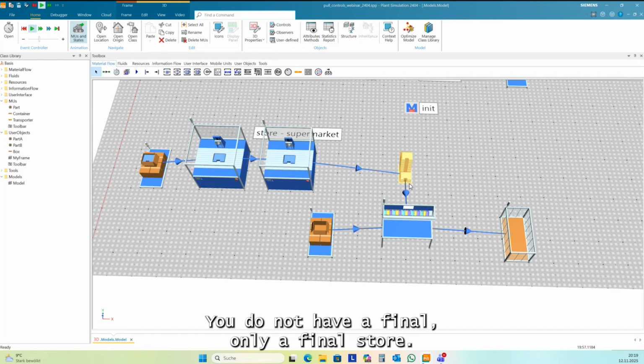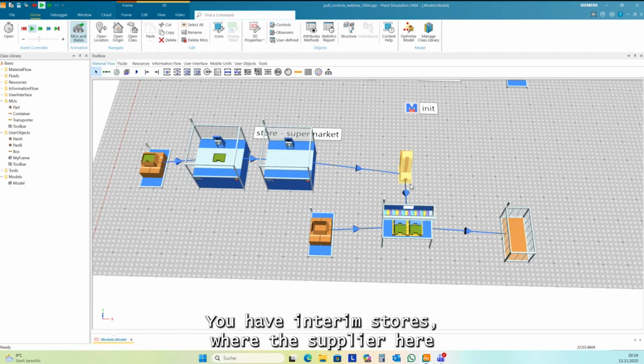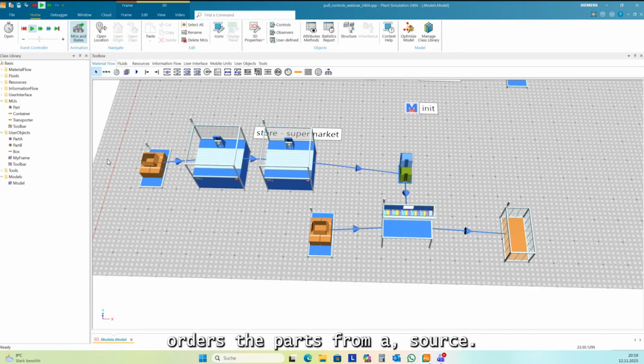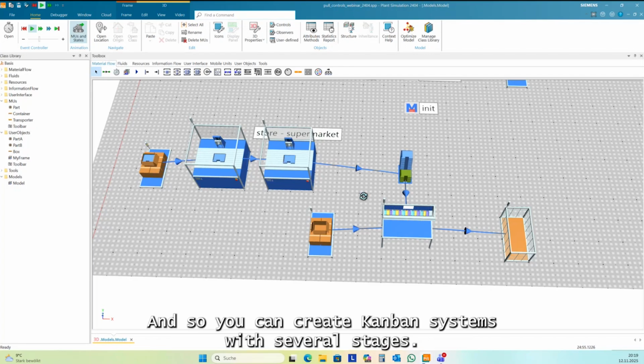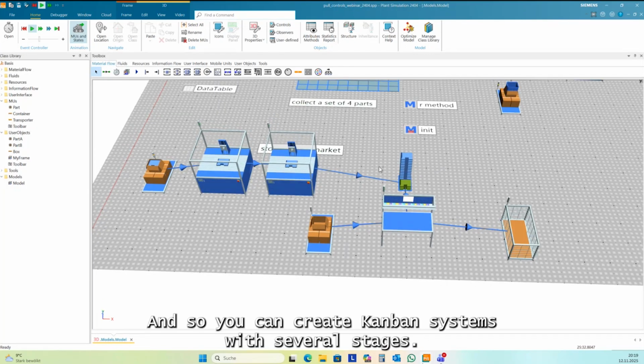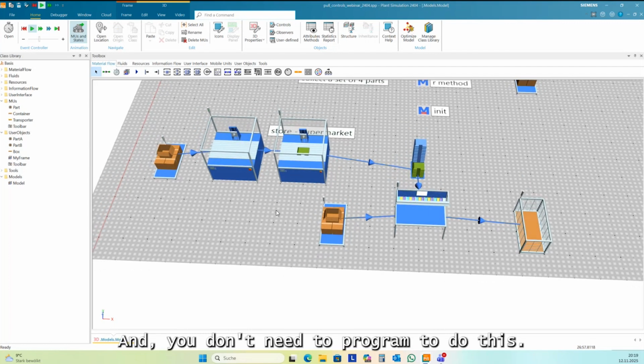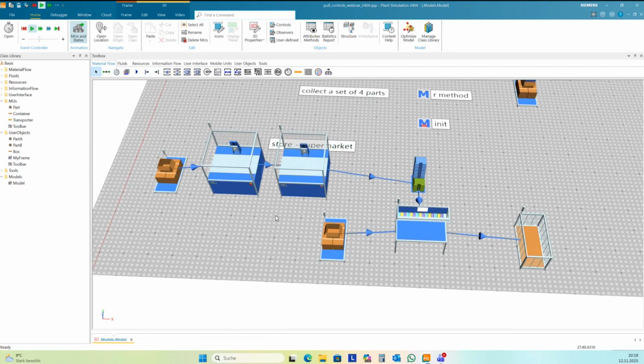You do not have only a final store. You have interim stores where the supplier here is the interim store, and the interim store orders the parts from a source. And so you can create Kanban systems with several stages, and you don't need to program to do this. Okay.